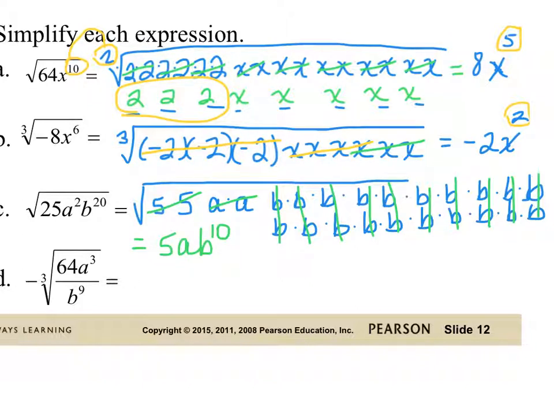And again, 2 goes into 2 one time, and 2 goes into 20 10 times. So that's the shortcut method. Now we're ready for our last one, and this is another cube root, but it's a negative cube root. So this is going to be the negative